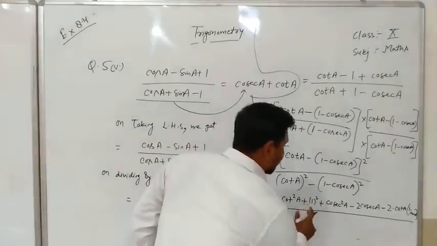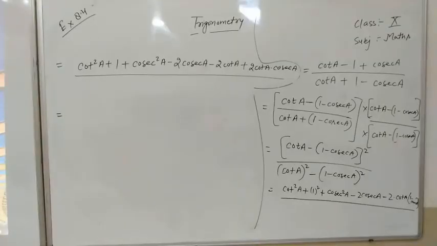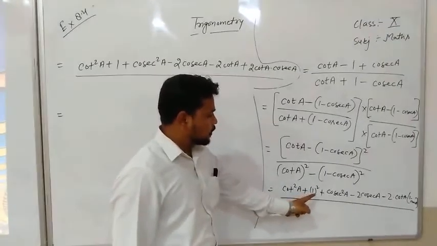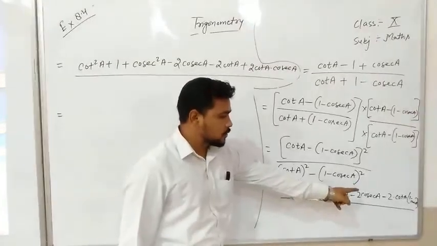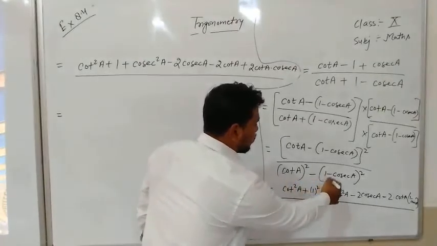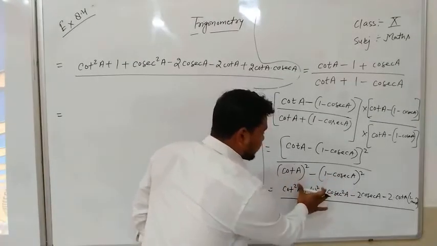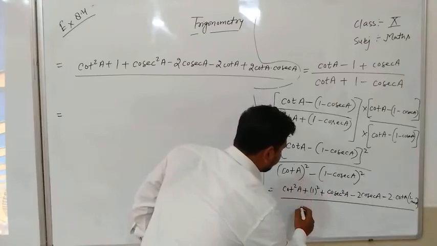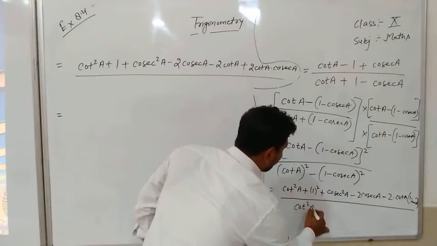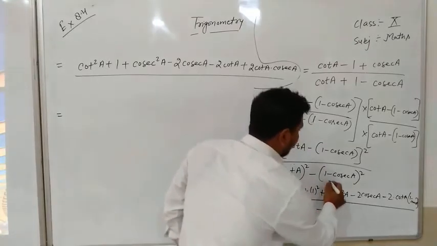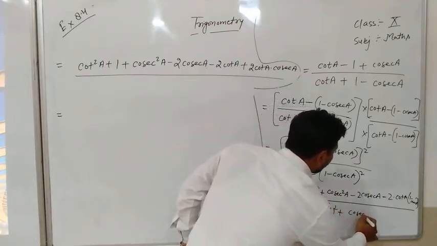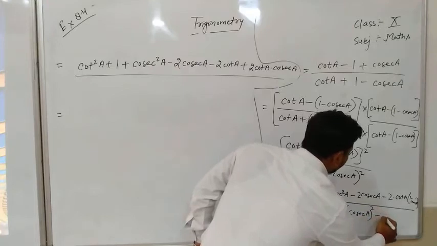So first of all we will write, now here it will be cot square A plus 1 square A plus cosec square A minus 2 cosec A minus 2 cot A into 1 minus cosec A, upon we will take cot A whole square minus 1 upon 1 minus cosec A whole square. It is written as cot square A, cot A whole square is written as cot square A minus, in bracket A minus B whole square, that is A square plus B square minus 2 into